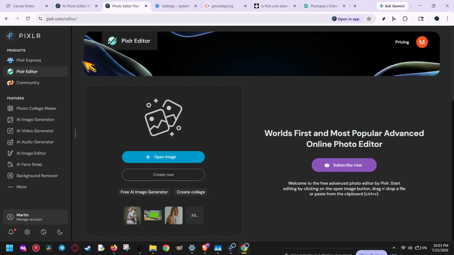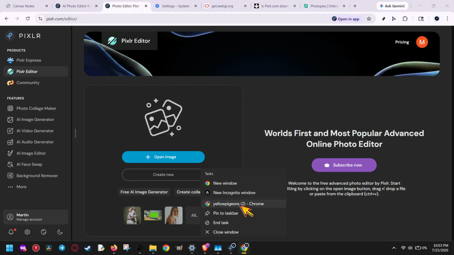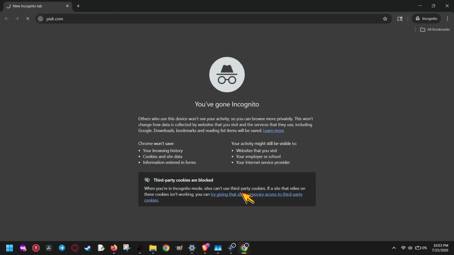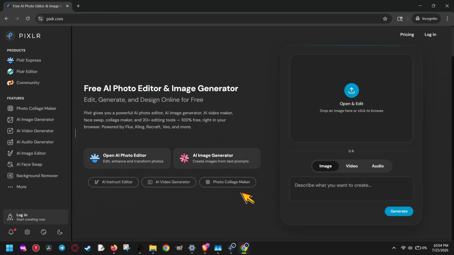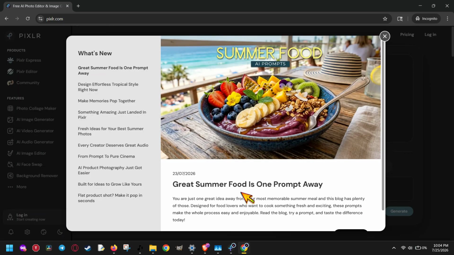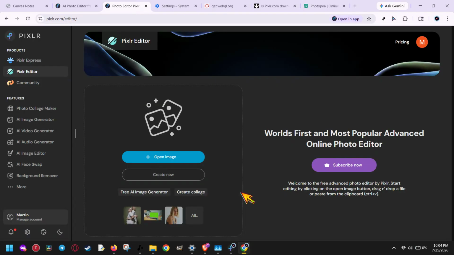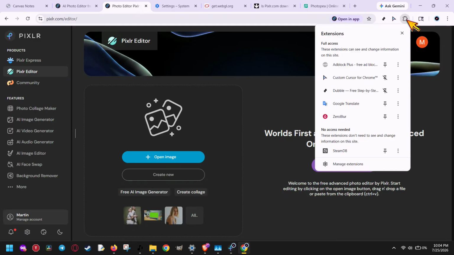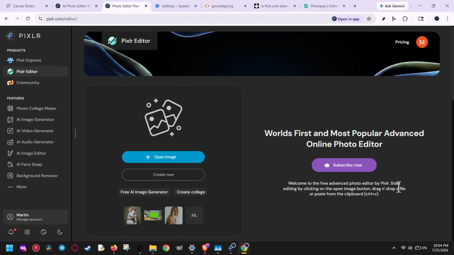Next, test Pixlr in Incognito or private mode. Open a new Incognito window in your browser, then go back to Pixlr and try loading the site again. If it works in Incognito, that usually means one of your browser extensions is interfering with the connection. Common culprits include ad blockers, privacy tools, script blockers, or VPN extensions. If that happens, go back to your main browser and disable those extensions one by one until you find the